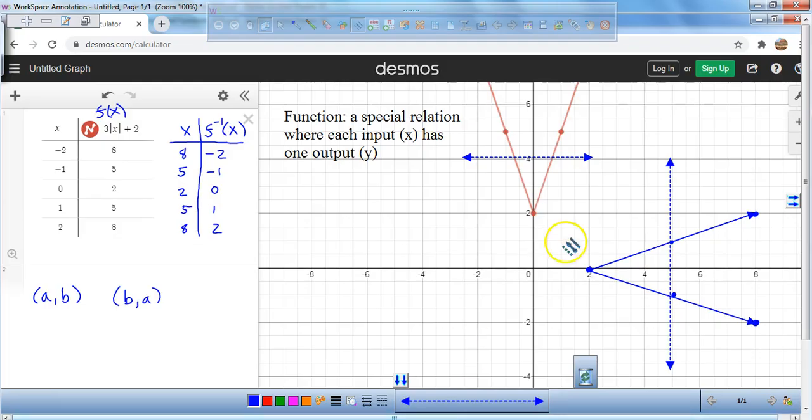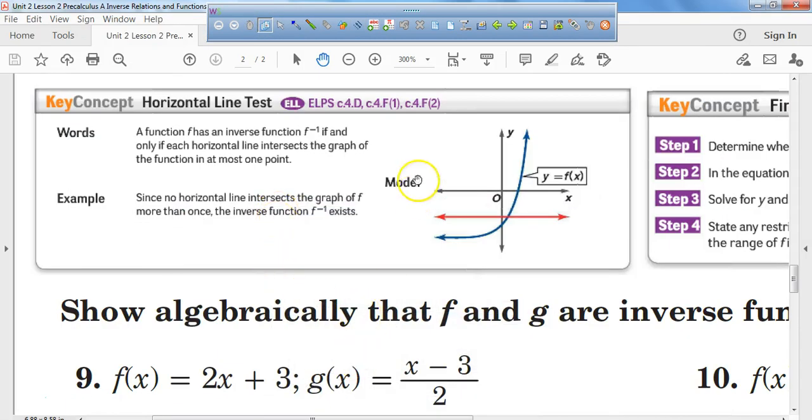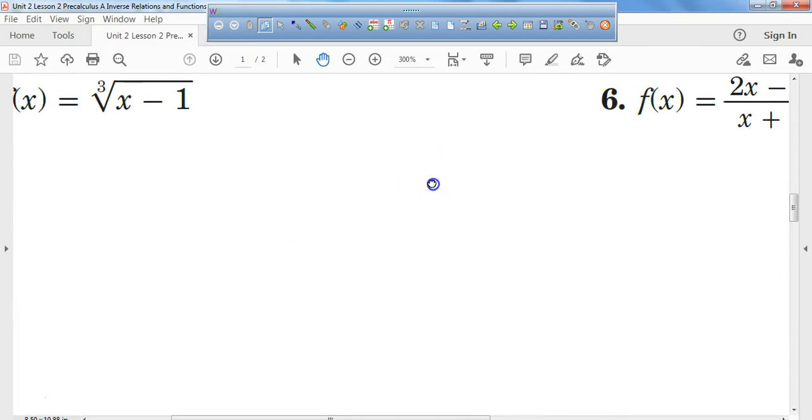But here, even though this is an absolute value function and it is a function, it hits it twice, so the inverse we know will not be a function. All right? So that's the graph of number 1. Let's take a look at number 2,